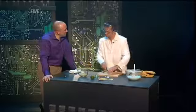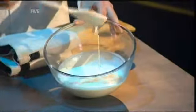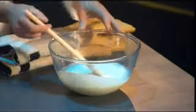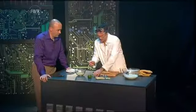Stefan, welcome. What is it you're making? We're going to make an ice cream. It's going to be the world's most adventurous ice cream. We start off with one of these. This is a crème anglaise, which is basically custard to you and me. And that's a bit of egg, milk and cream. Now, we add to that some lemongrass, very fragrant, very nice, and some lime zest, very zesty, but not very